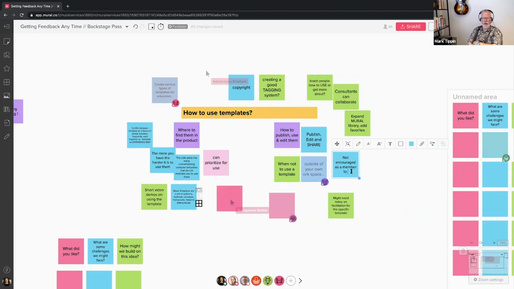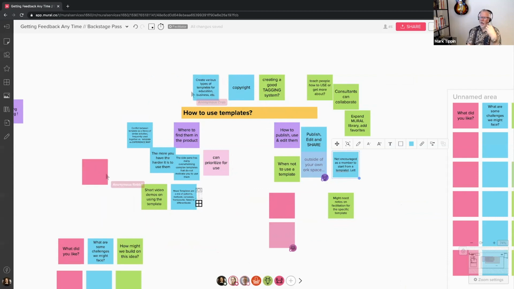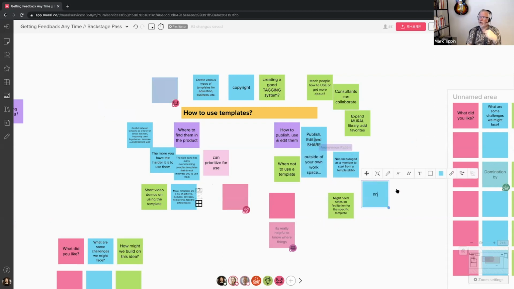So this is where, in a live session, the benefit is being able to, when you're getting a critique, it's also important that you don't get defensive, right? You don't say, "Oh, I was totally going to do that, I just didn't have time," or you start defending, because it saps the energy, it saps the flow of people actually giving you feedback when you get defensive. But what is helpful is if you can just say, "Can you say more? Can you say more about?" and help guide it.